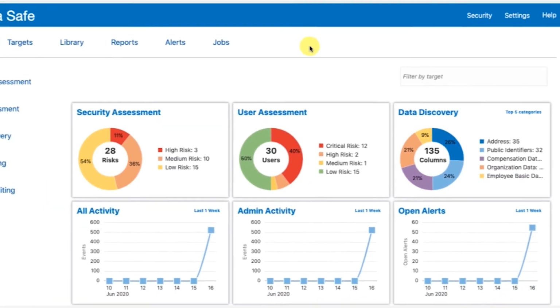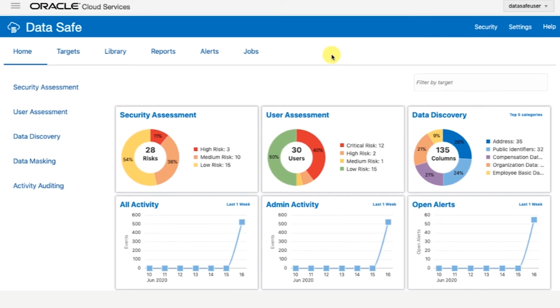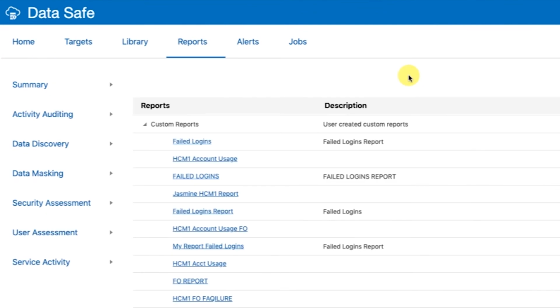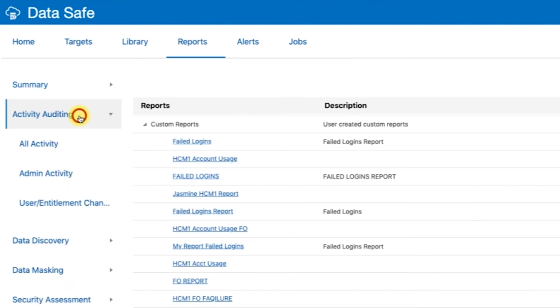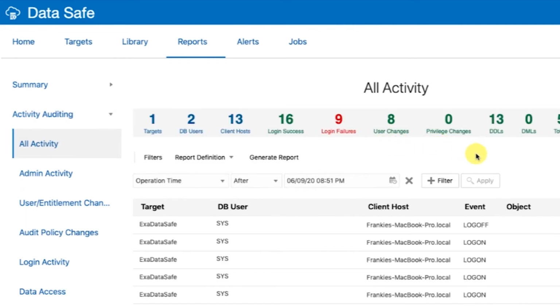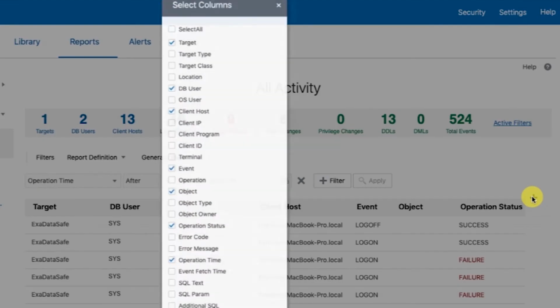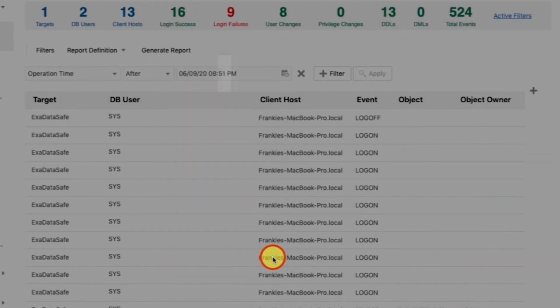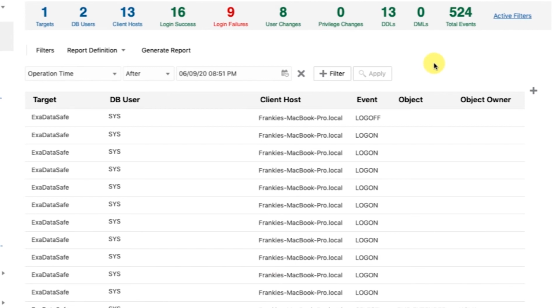Step 5. In the Oracle Data Safe console, examine the All Activity report to view the newly generated audit records. Return to the Oracle Data Safe console and click on the Reports tab. In the left pane, click Activity Auditing, and underneath that, click the All Activity report. First, we add the Object Owner column to the report. After selecting the box next to Object Owner, click Apply to add that column. You can then go ahead and remove any filters on the report,